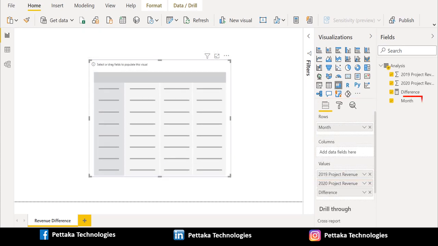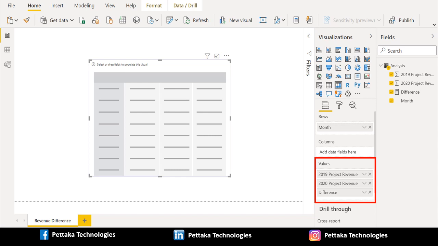We dragged month column from analysis table and placed it in rows field. Then we dragged 2019 project revenue, 2020 project revenue columns and difference measure from analysis table and placed it in values field.